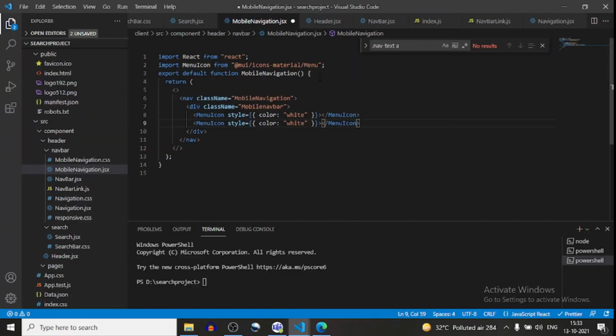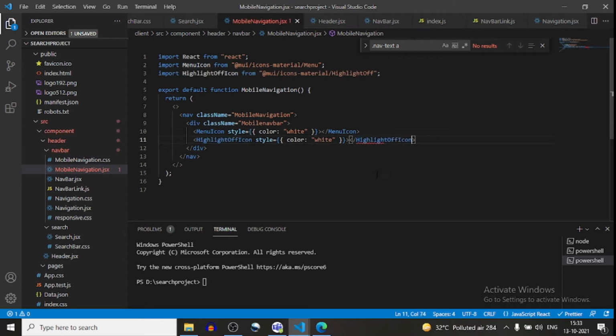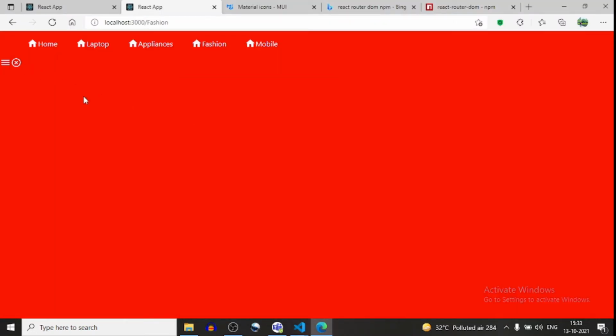I will import this. Now if you see, both icons are coming as expected.